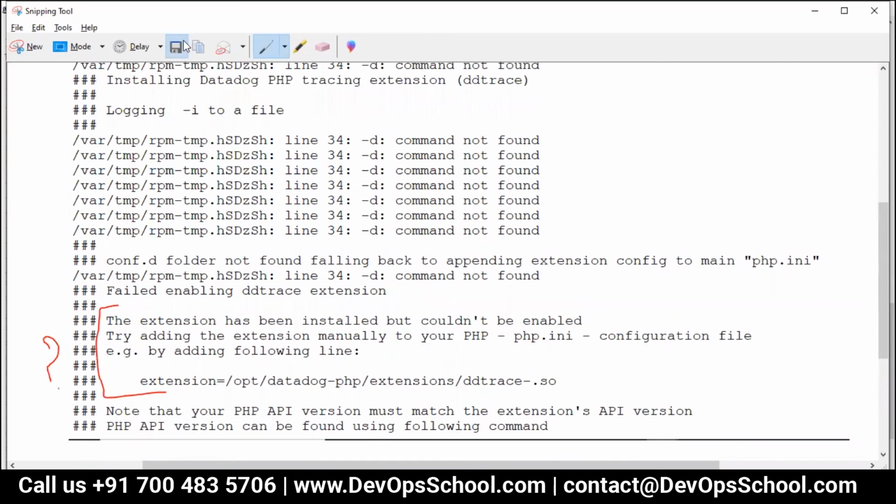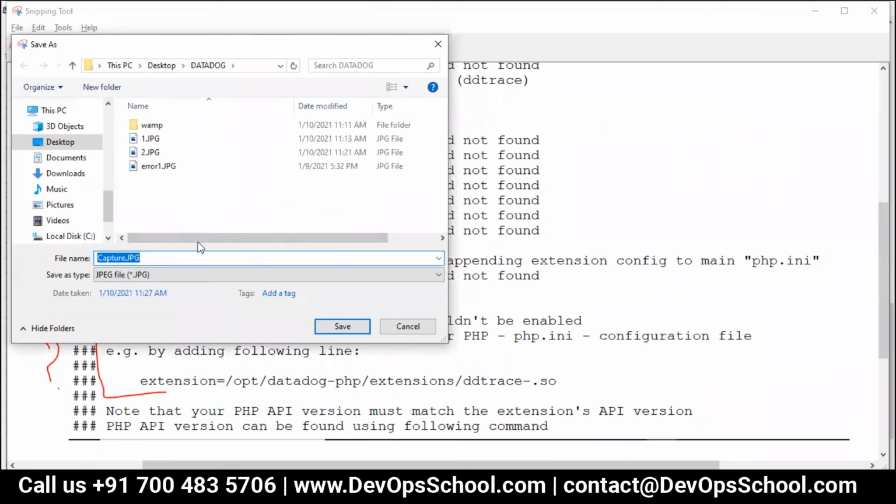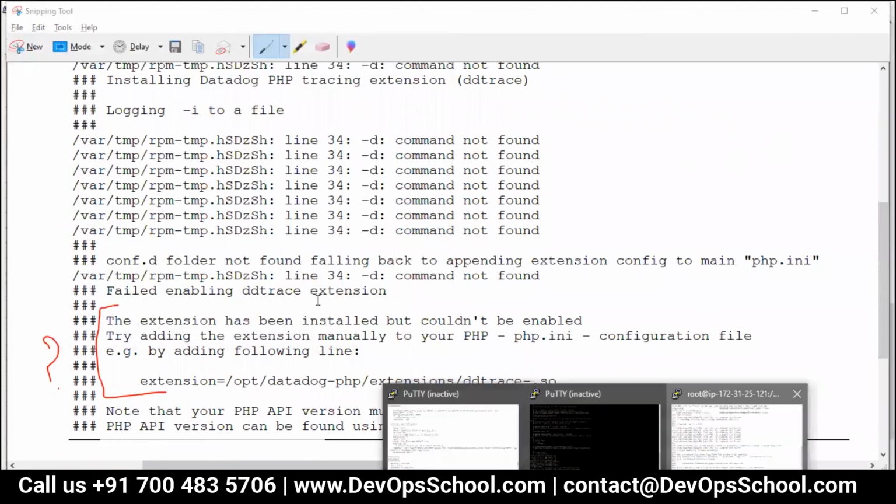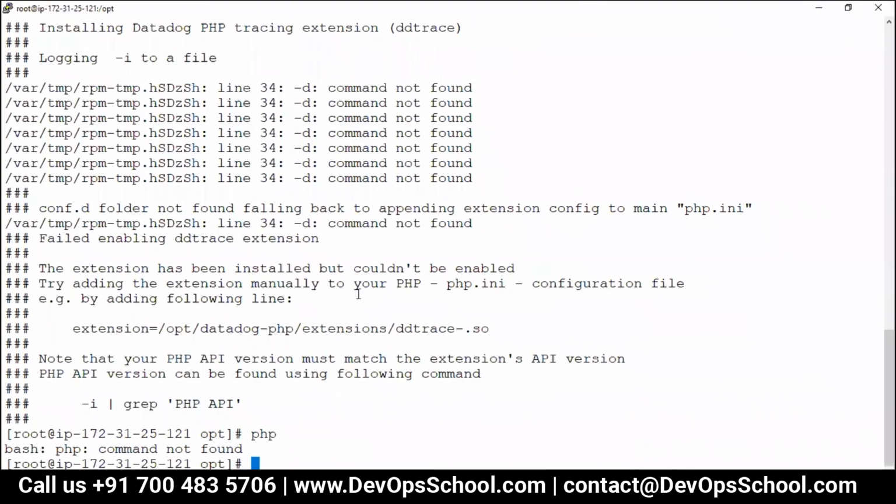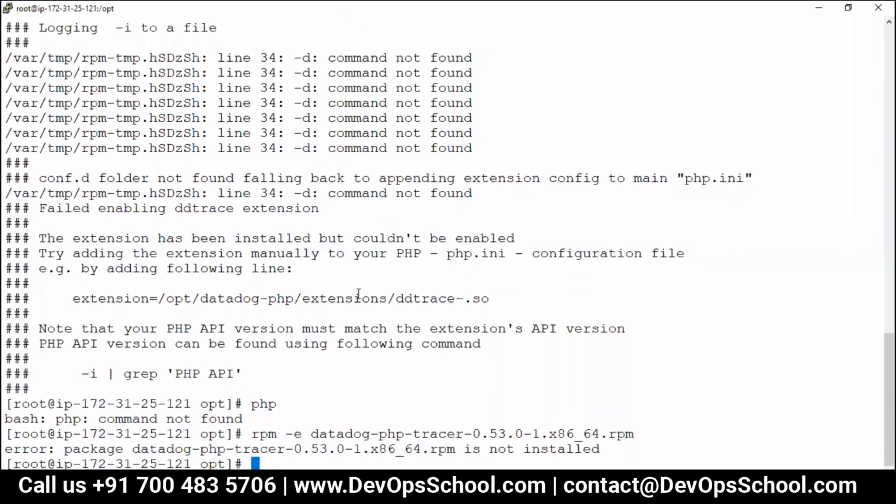Okay. Third screenshot. After that, what I have to do? You have to erase this. I'm erasing this. How to erase?